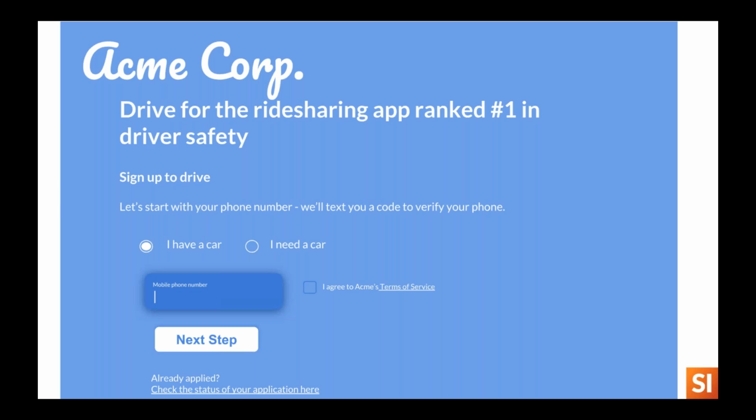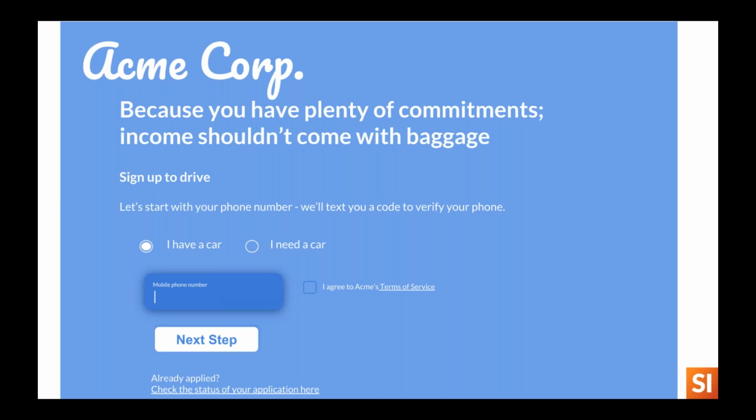Maybe some colorful blog posts and testimonials from drivers. And then for those folks who really crave and need flexibility in their lives, maybe students or folks with full-time jobs who just need a little bit of side money, who have some apprehension about potentially signing up for another job, we may want to really assuage their concerns about how much time and commitment this will take